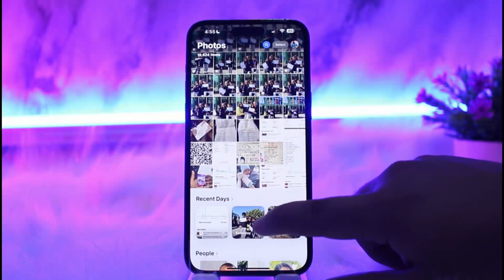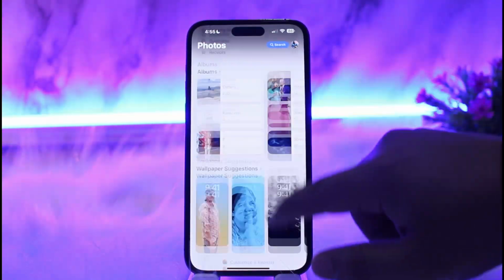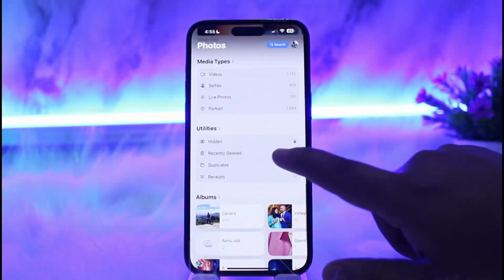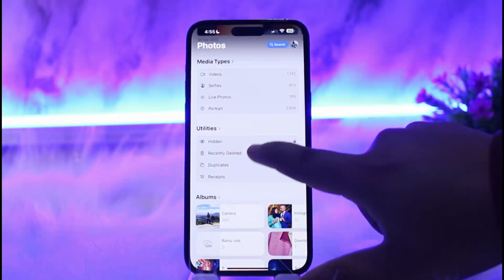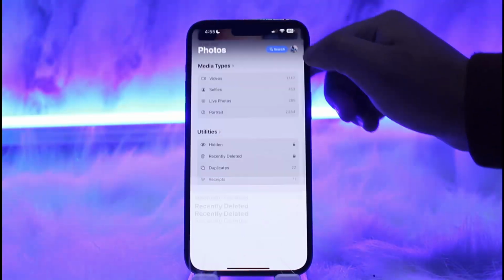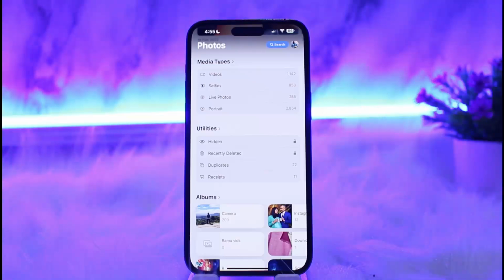Once you're here on this app, scroll down to the very bottom until you find the option that says Utilities. Under it, you can see the Recently Deleted option. You want to tap on it. Then you want to open up the album. Now here it is locked, but once you open up the album, you'll be able to see every recently deleted